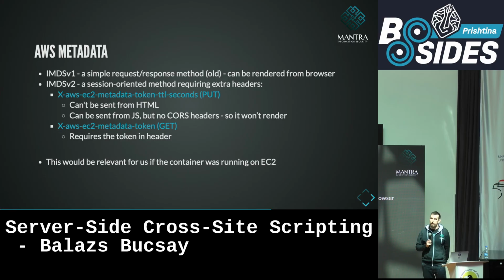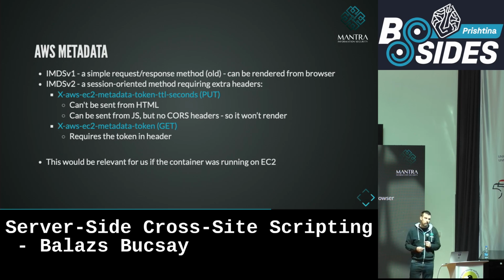There are two different ways to access it. The first one is IMDS version 1. This is the old one. They try to deprecate it because they realize it's not a good idea to have it like that. Basically, it's a simple request-response method. So you send a request to that website and it returns the value. So it's really simple. There is IMDSv2, which is a newer version. This is pushed on everybody now, which is the more secure version. Here you need to send a PUT request first. You get back a session token. And then you need to send that token as an extra header with the follow-up GET request.